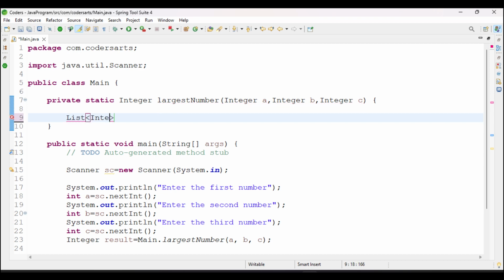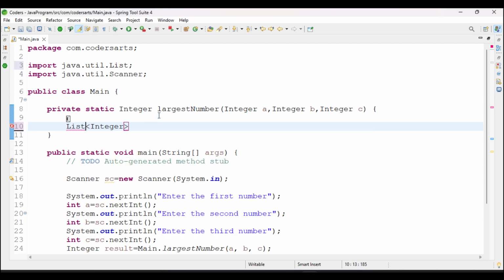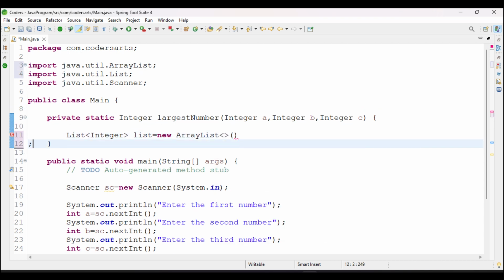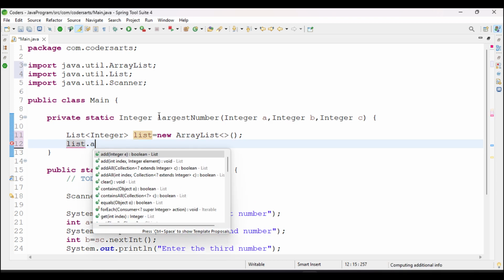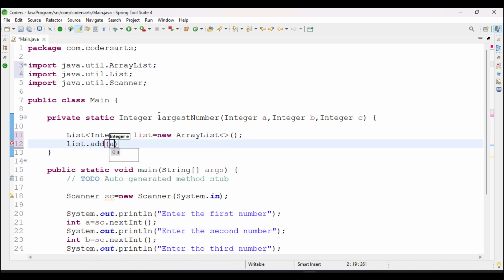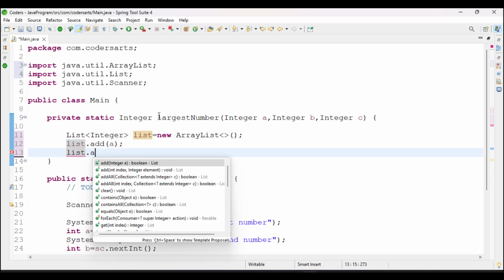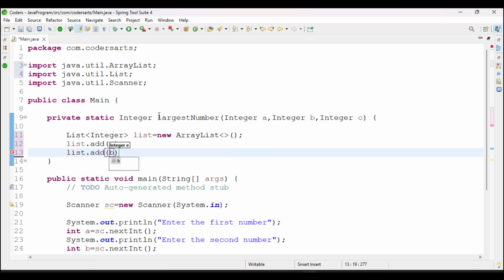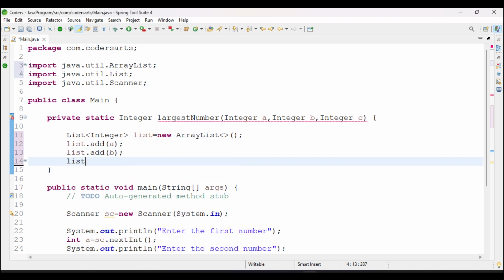We have to create a list and pass the data type as Integer, and we have to just create the list equal to new ArrayList, and we have to pass list dot add a, then list dot add b, and then list dot add c, and